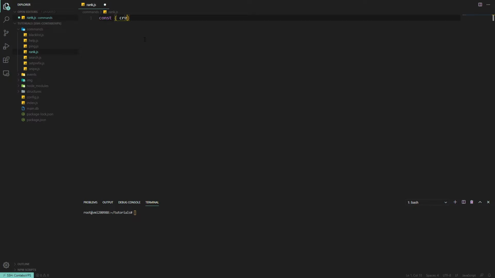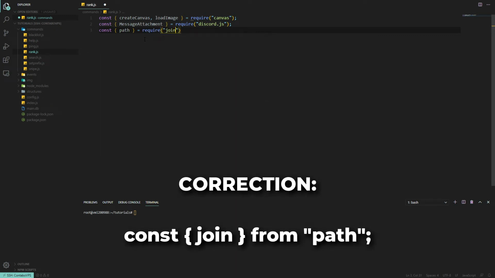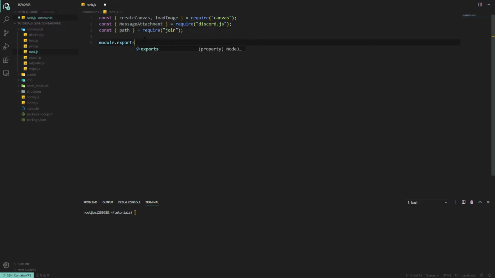Now we want to import createCanvas and loadImage from canvas, like so. And then we also want the MessageAttachment class from discord.js, and finally we want join from path, like so. Now as usual we do our module.exports.run,